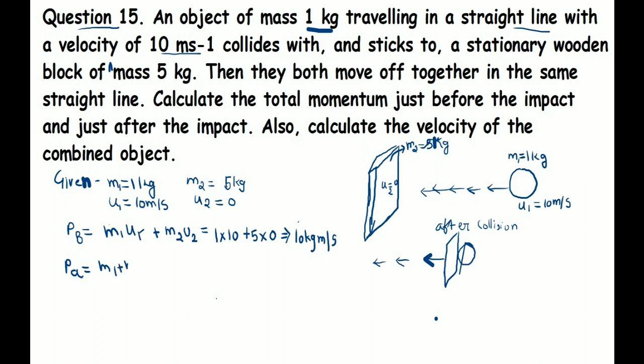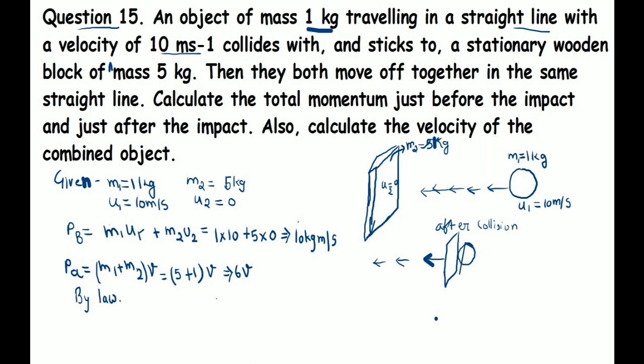Now what will happen after collision? After collision both objects move together as a combined system. So we will add their masses. Okay, and as they are moving all together, they will have a common velocity. Now placing the values we will get 6v. V is unknown for us. The final velocity by which they both are moving is not known.